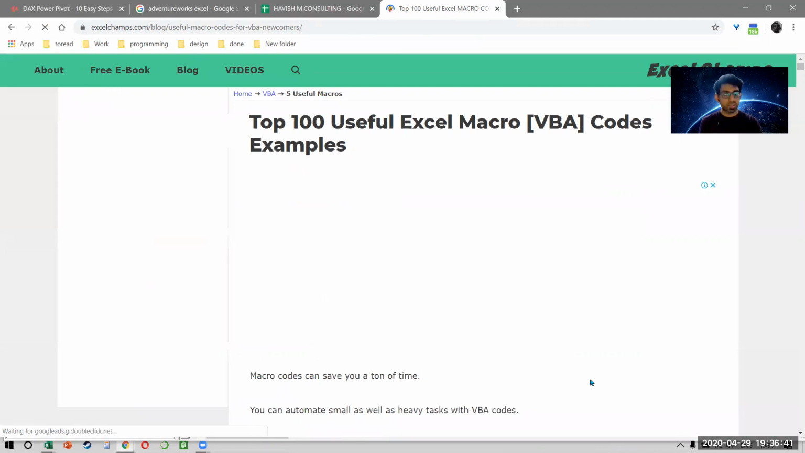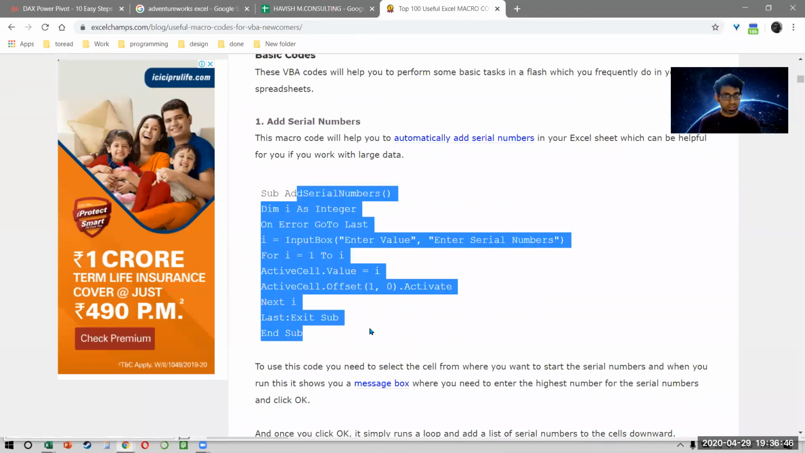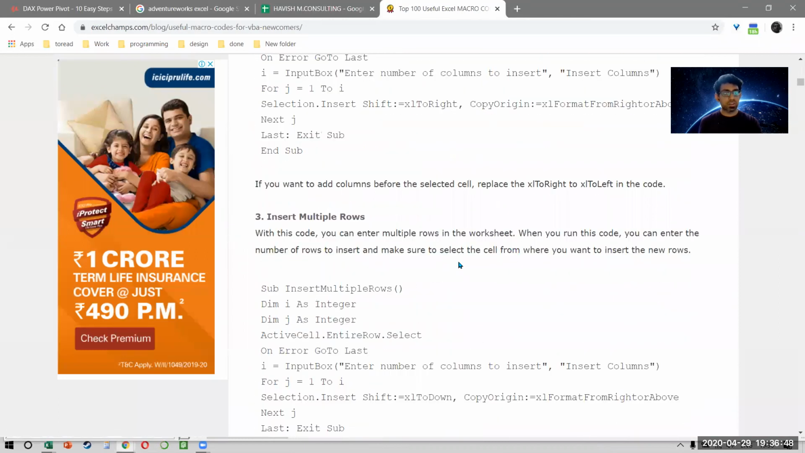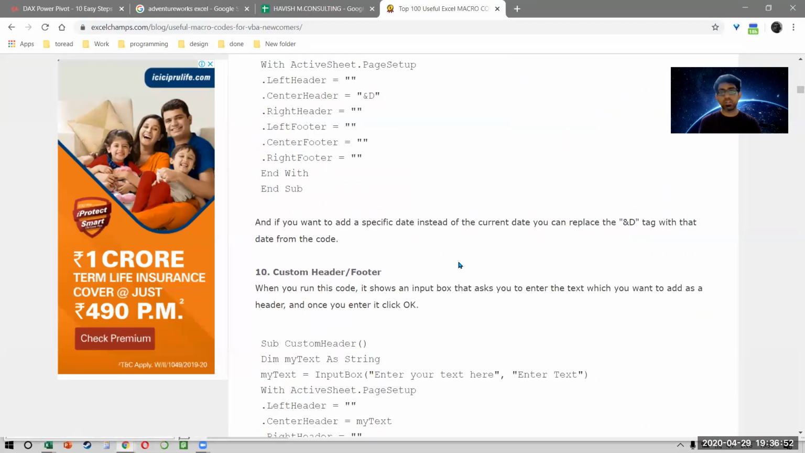Okay. So very simple. You can just go through this website and you notice there are these serial numbers, the one that we did, that is there. Insert multiple columns, insert multiple rows, so on and so forth. Okay. So different codes available. You can just copy and paste it in your own Excel workbook and then run it and then also learn from it. For example,